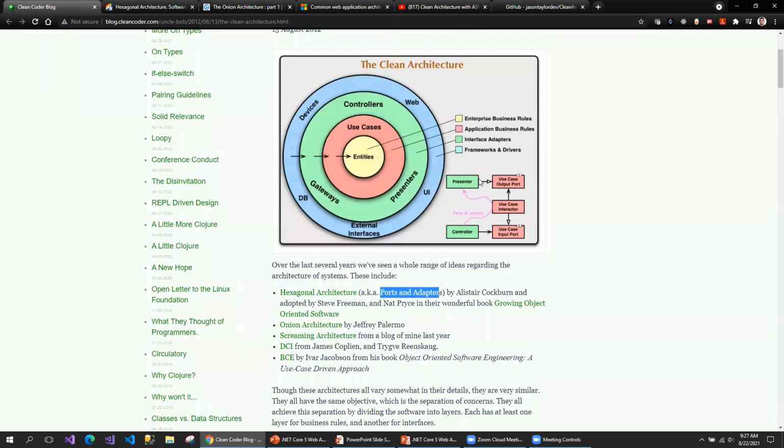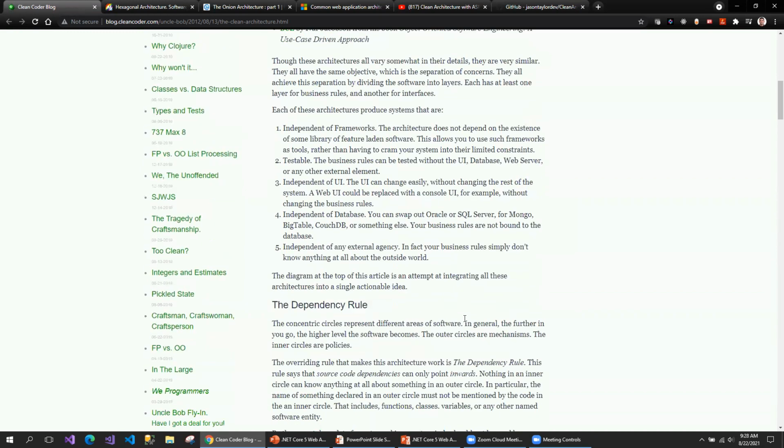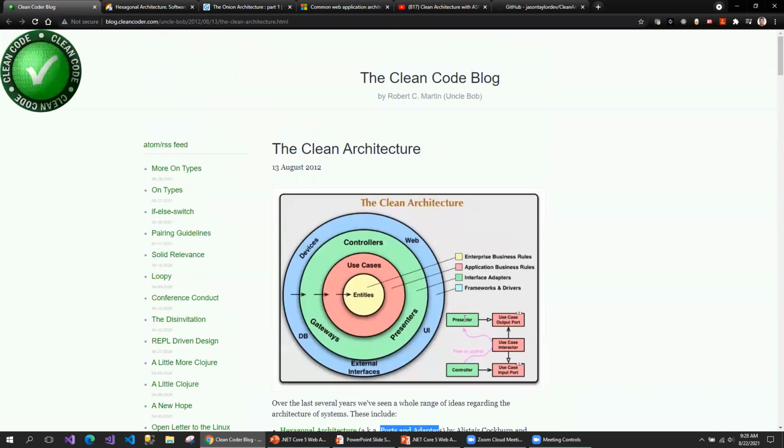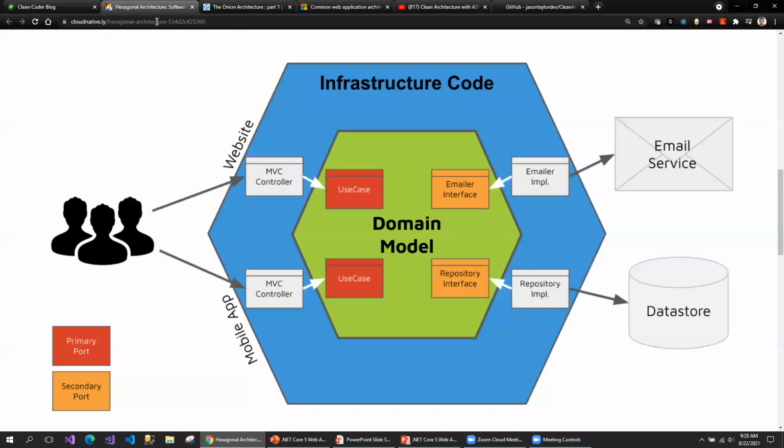There are different forms of this clean architecture, so it's not new. Initially, it started from hexagonal architecture, and then onion architecture, and then clean architecture. Different authors have written their opinions on this clean architecture.